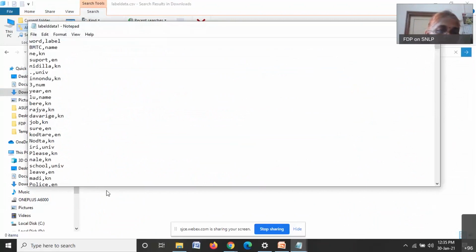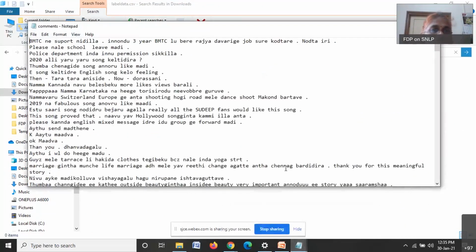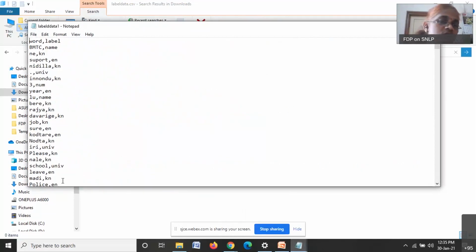So what is done in the first one is, this is a text. Using this text, we are constructing the word embeddings. And using this we are doing training and testing. We are splitting this into training and testing.